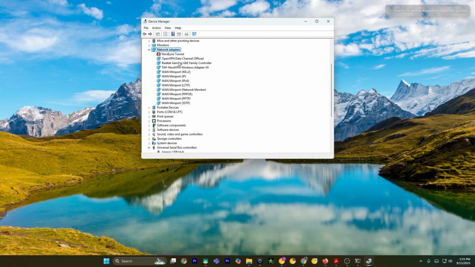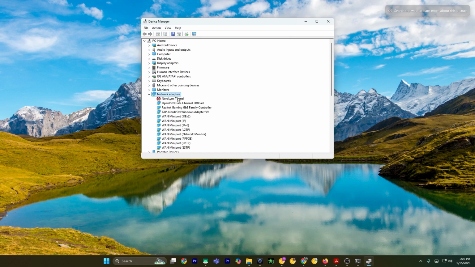Now for instance, if this is your Wi-Fi network adapter, what you have to do is check if it's enabled or disabled. So you can right click. So if it's disabled, you can click on enable device, but if it's already enabled, then what you can do is right click network adapters and click on scan for hardware changes and check if the problem is fixed or